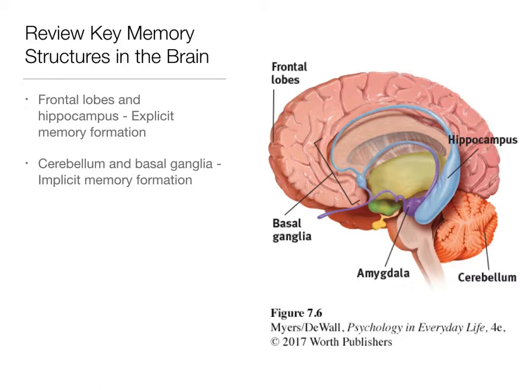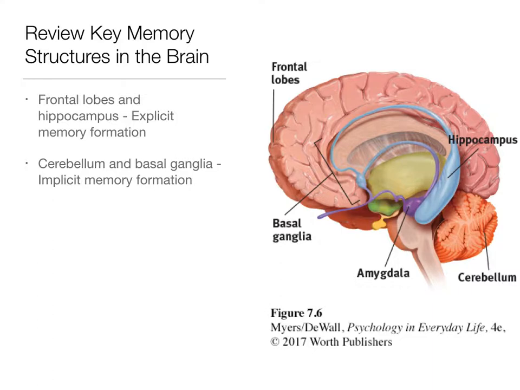The cerebellum and the basal ganglia are important for implicit memory formation. So that's more like the knowing how, remember? Things like riding your bike or driving, things you're not actually thinking about, the things we learn through classical conditioning, these kinds of things, are happening in the much older brain structures,